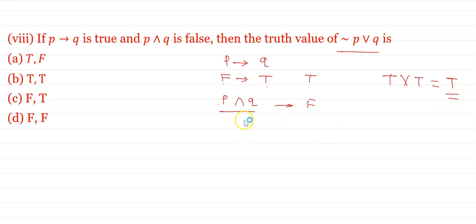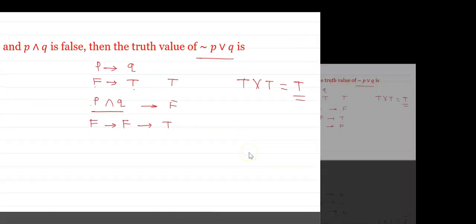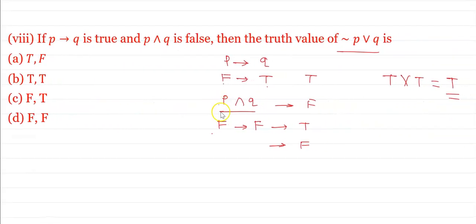Next, implication is true when, that is, F implies F. That is, if we take P as F, Q is also F, then its truth value is T. Okay, but here we cannot take P as T and Q is also T because we have P and